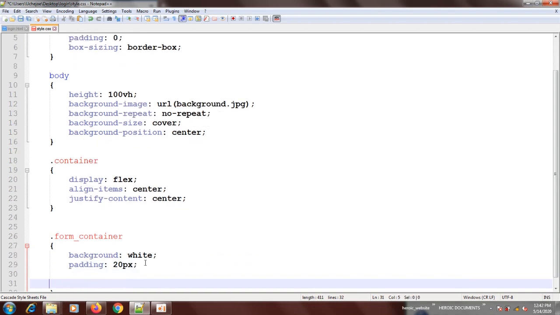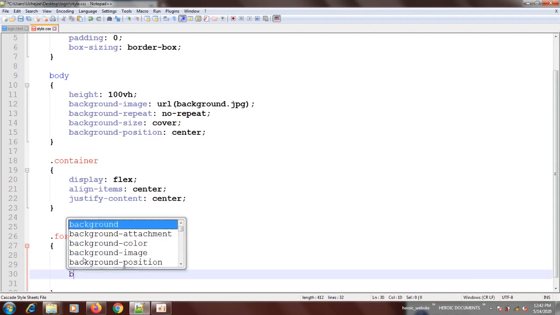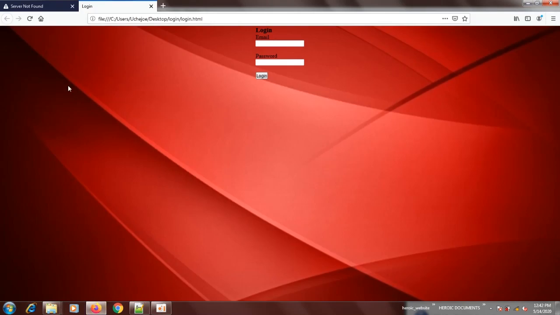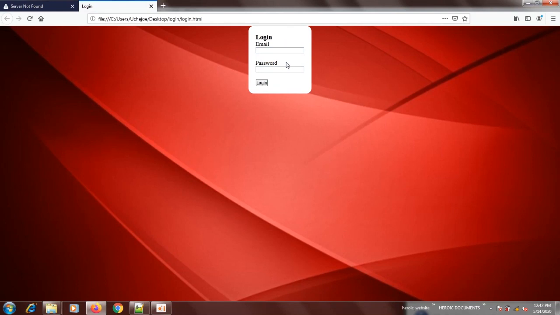Give it border radius of, let's say, 15 pixel. Okay, let's see what we have now. Do you see our login is taking shape now?